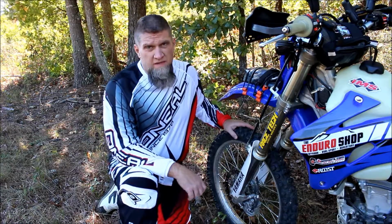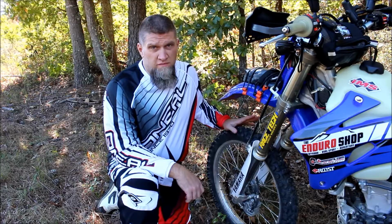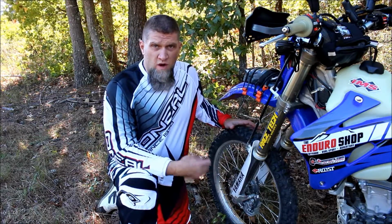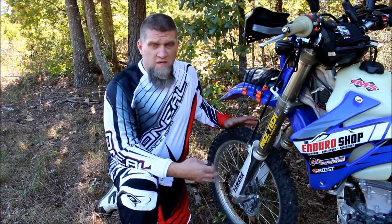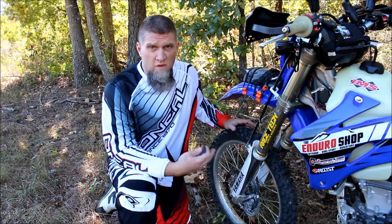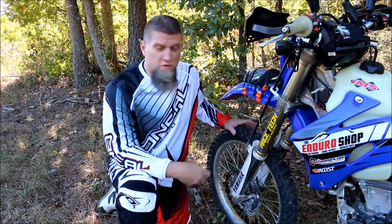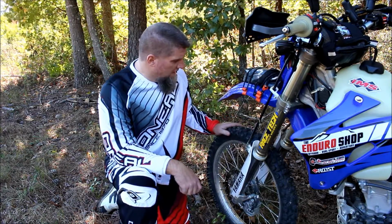These are DOT certified. This is the Enduro version. They're built for Enduro type terrain, whether that's rocks, mud, soft soil, rocky conditions, roots, anything that we have here on the East Coast, or even if you're on the West Coast. But these tires perform great. We're on the East Coast here in Georgia, and these tires have handled everything that we've thrown at them here in the last 220 miles. And that was just one ride,